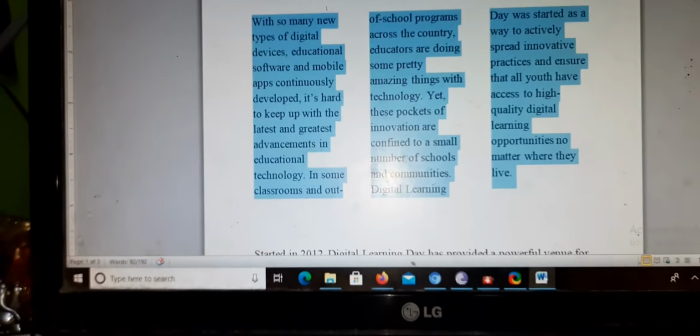The rest of the paragraphs, whatever I have, are automatically shifted to the next page. Earlier it was along with the first paragraph, but right now it is shifted to the second page. If I press Control Z to undo the action, you will find once again it is on the same page. Now once I click the cursor here, go to the option breaks and then click on page, it continues on the next page. This is what we call page break.